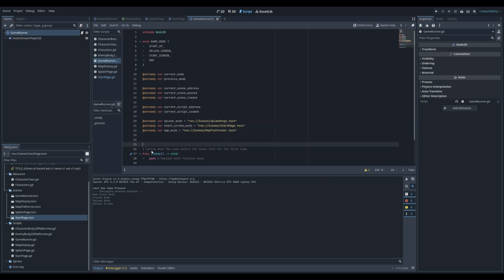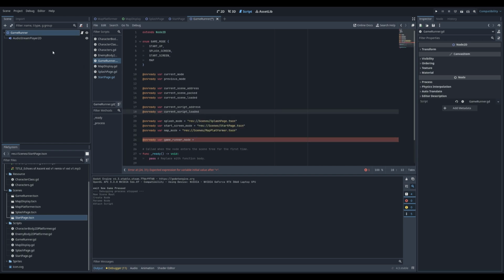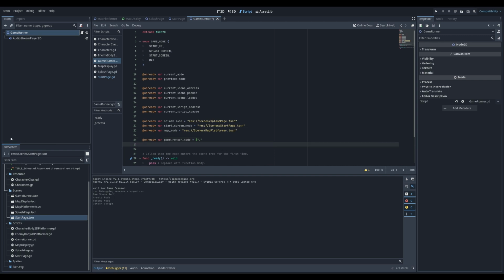So those are good. We're going to create a variable for the game runner node itself. So @onready var game runner node. Maybe we should change those ones to node. Oh well, I'll know what it means. Game runner. And we're going to go ahead and have the audio stream player. So on ready, should I call it music? Audio player equals